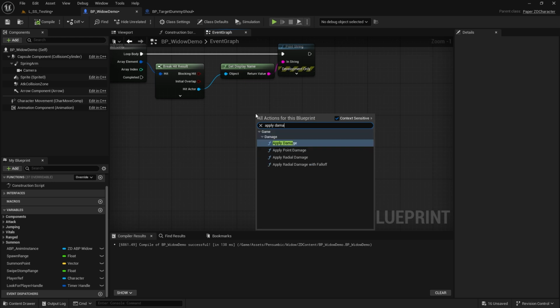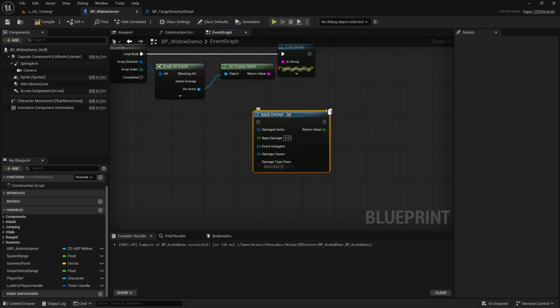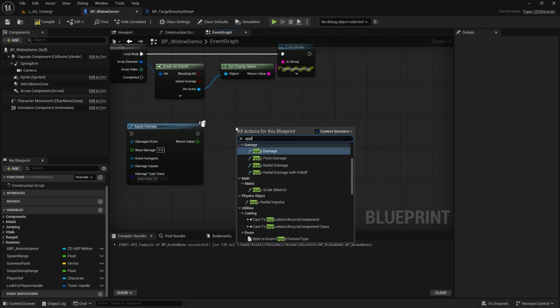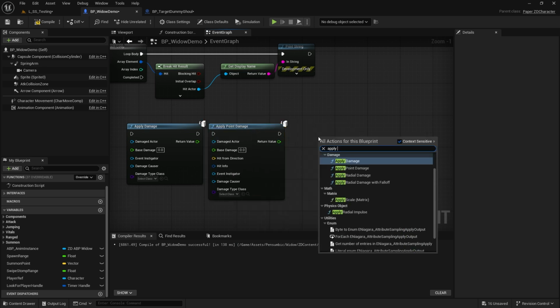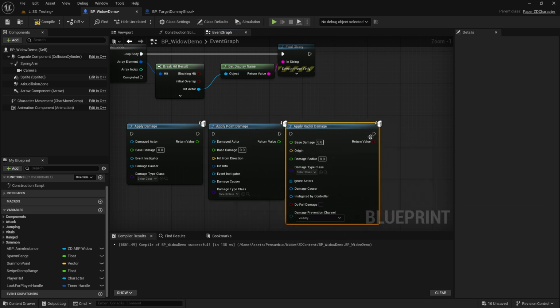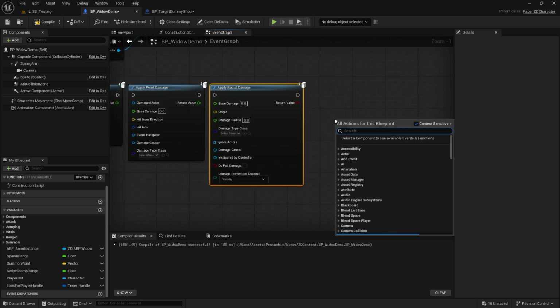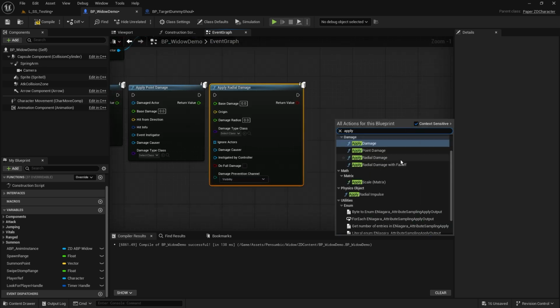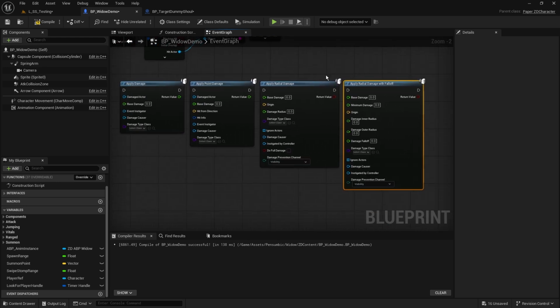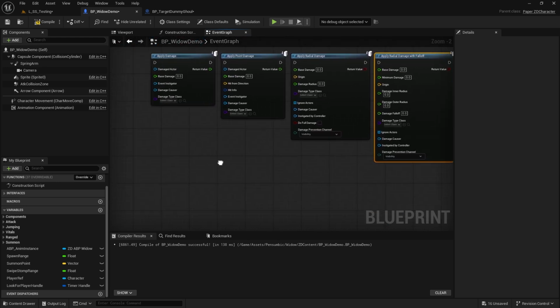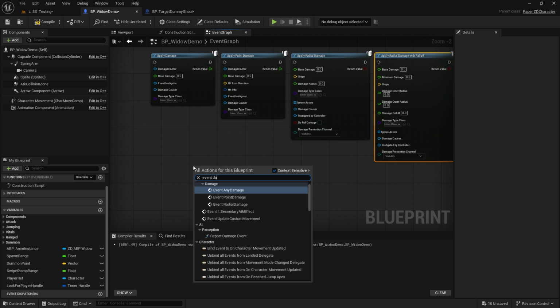We have the apply damage node, and I'm just going to add these in. So we've got apply, and we've got point damage, and we've got another one which is our radial damage, and we've got another one which is our damage with fall off. There we go. So we've got 4 different versions of our apply damage,